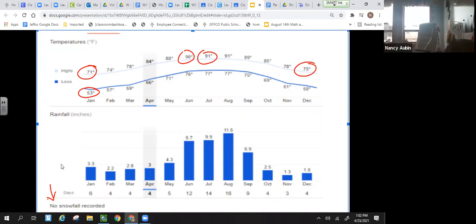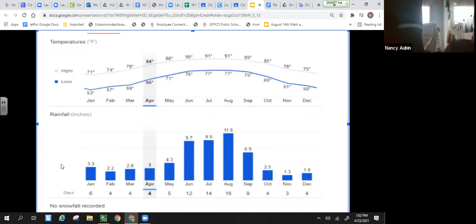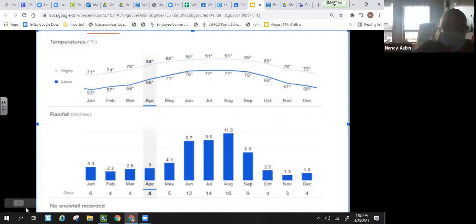A lot of places don't get snow. They get what instead? Rain. They get rain. We didn't even get hail in Florida because it never got cold enough for hail. So in our precipitation, we didn't have sleet. I only knew of rain, except for when I visit my grandparents in New York. Then I got to see snow. So we decided, looking at this data, that this would match with a tropical type climate. Florida's near the water, near the equator. We thought about that and we decided that belonged to